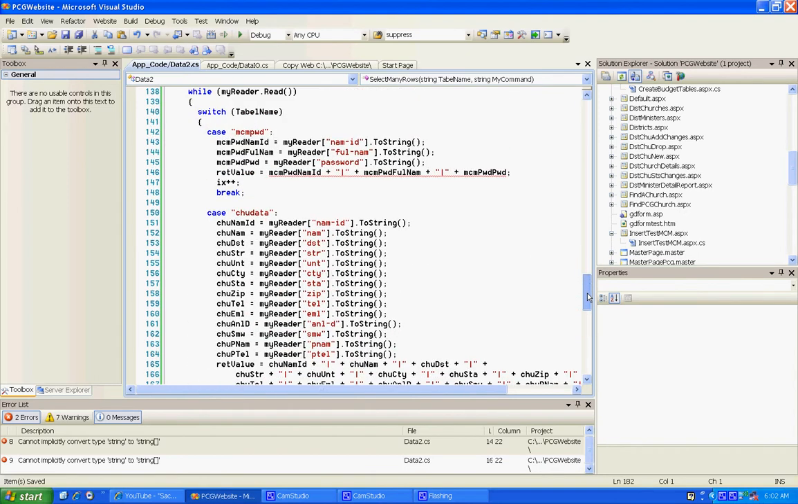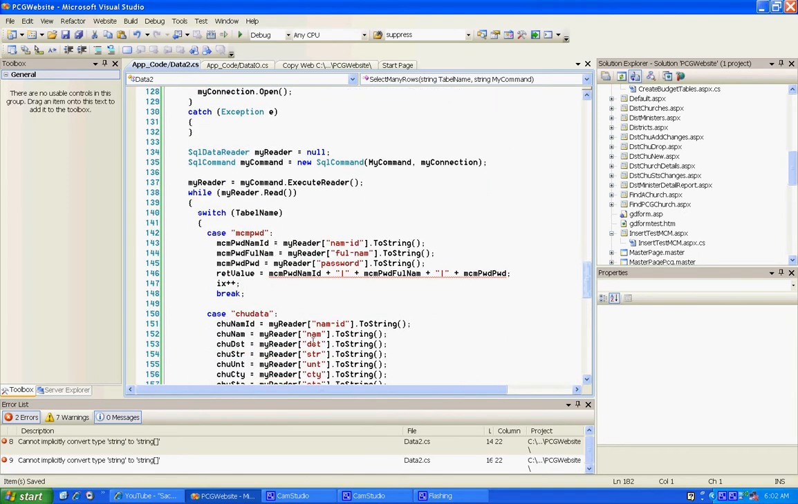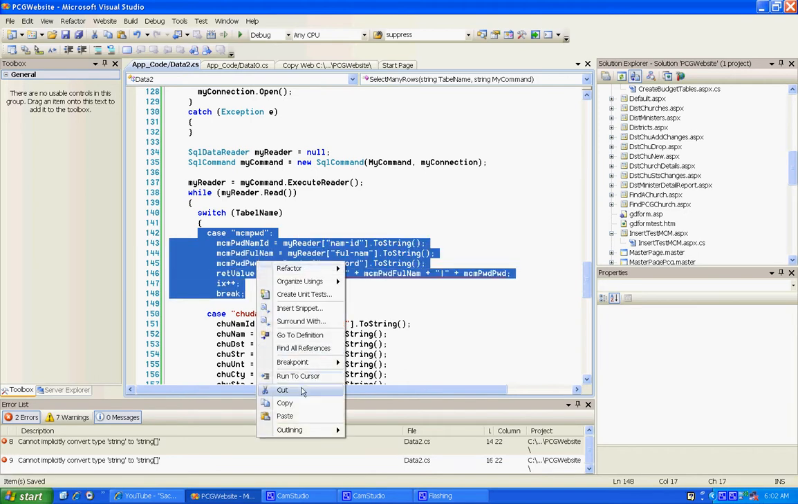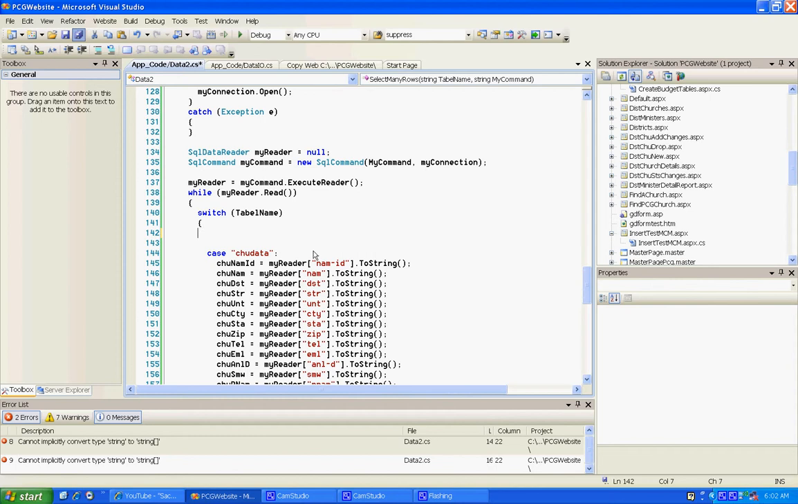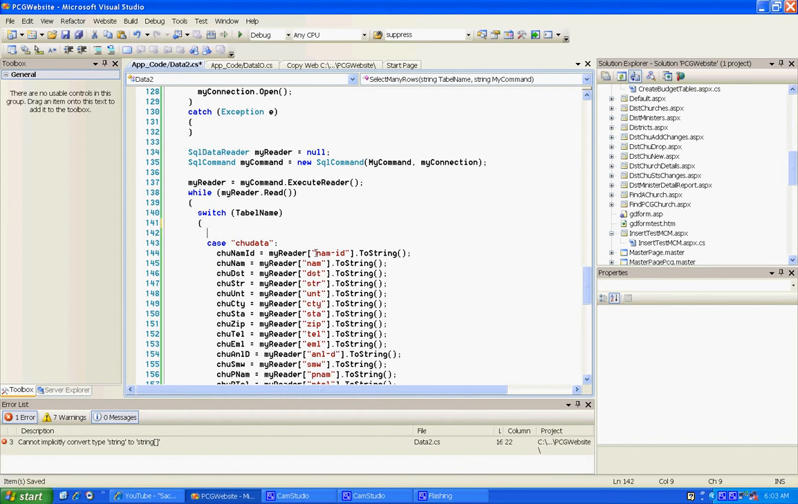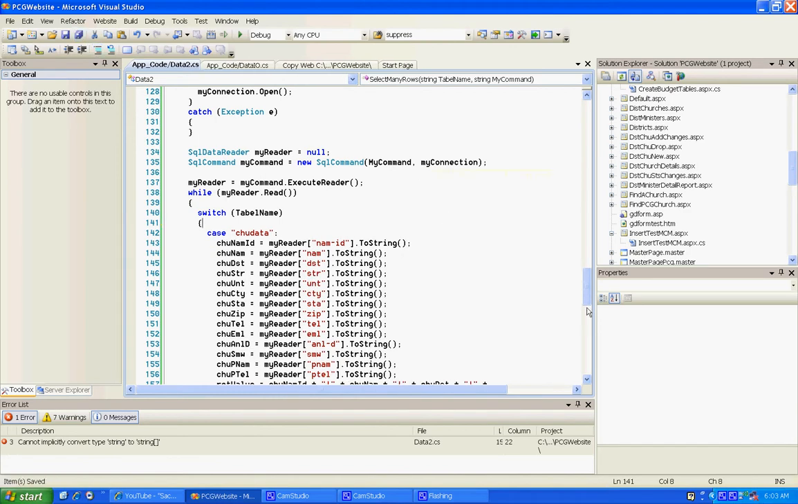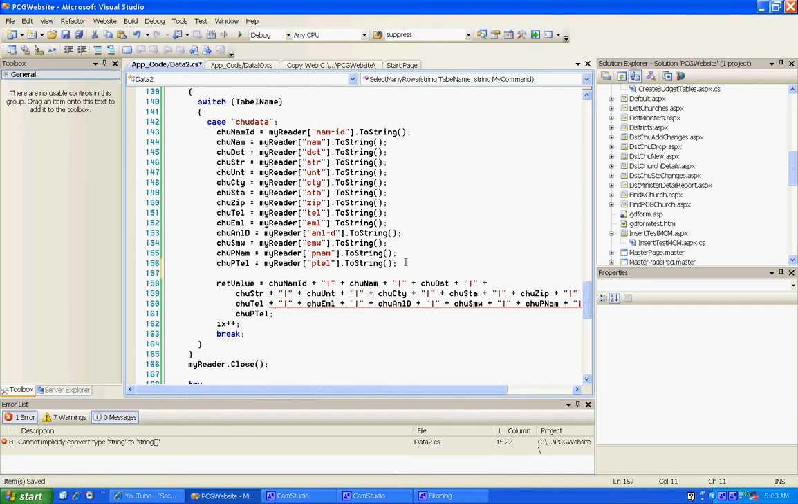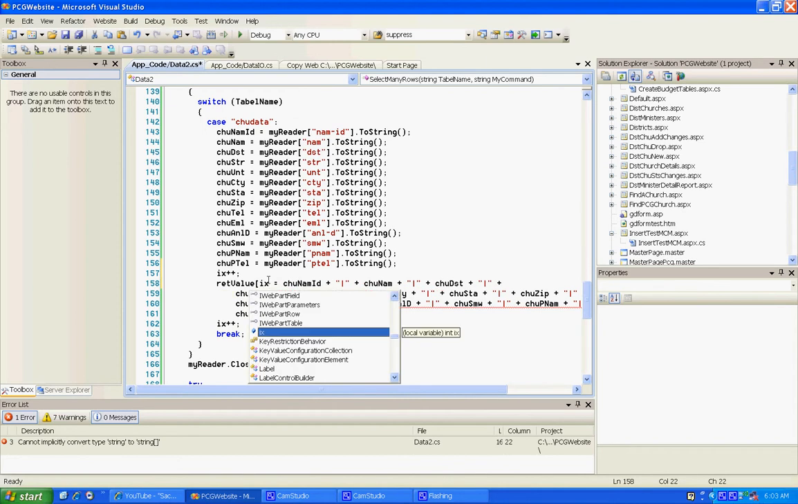Now then this here. Now we're not going to worry about the password. We don't want many passwords. Cut. But we'll keep the church data in. And after it reads 1, we're going to increment ix. And then we'll say return value dot ix